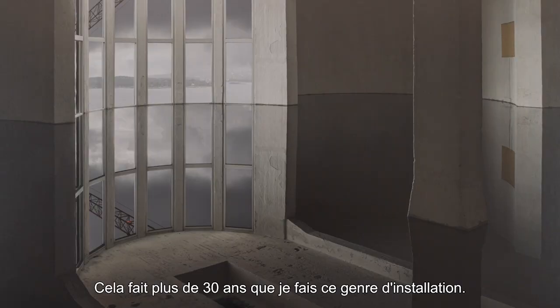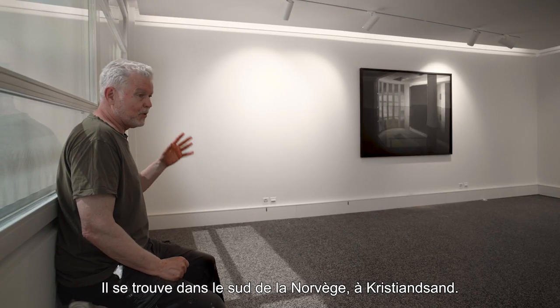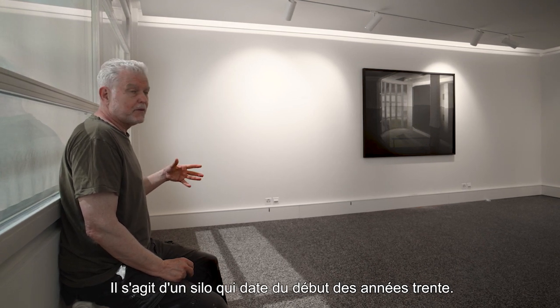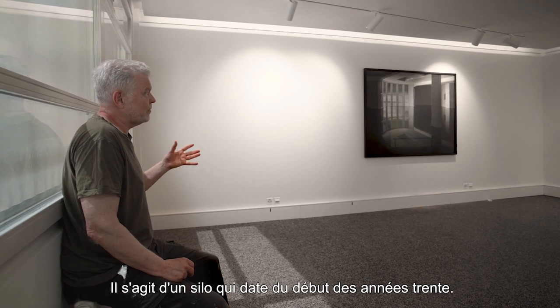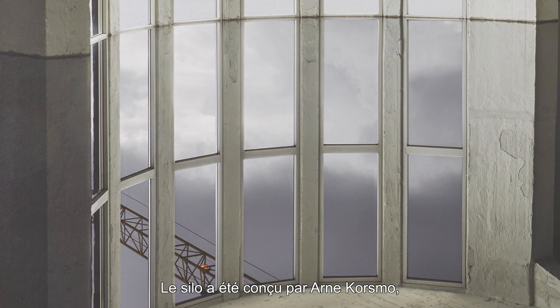So this kind of work, over 30 years I've been doing this kind of installations. This actually is a really interesting space. It's in the south of Norway, in Kristiansand. It's a silo from the 30s. The silo was designed by Arne Korsmo, our greatest architect at that time, and it's going to be